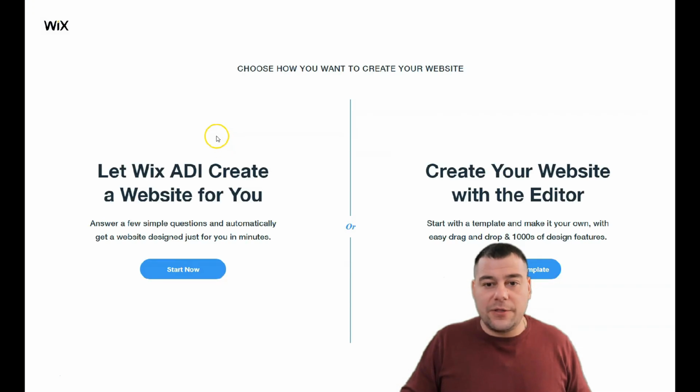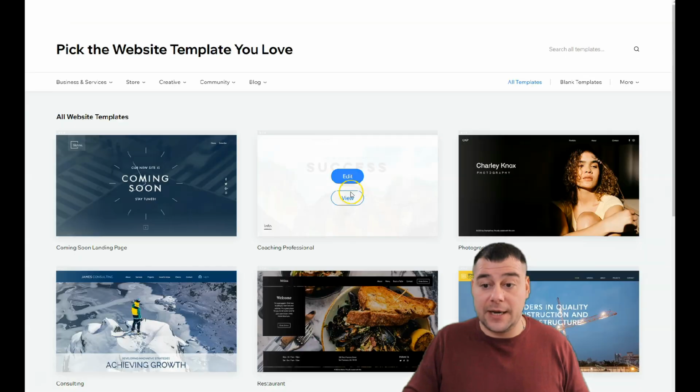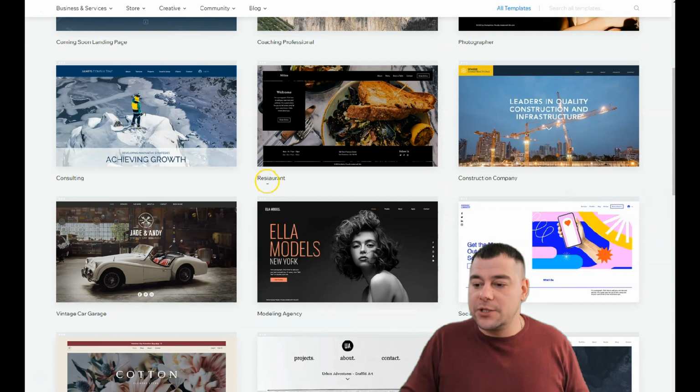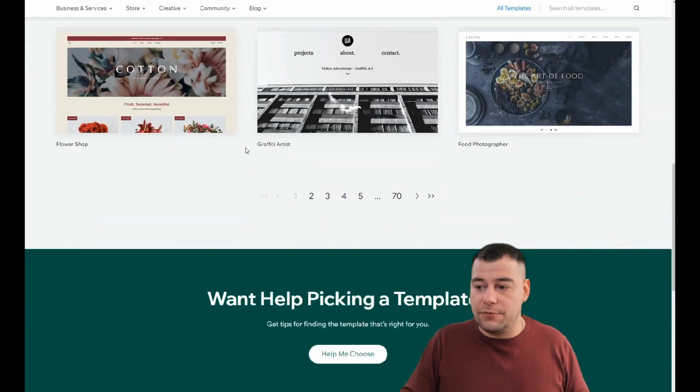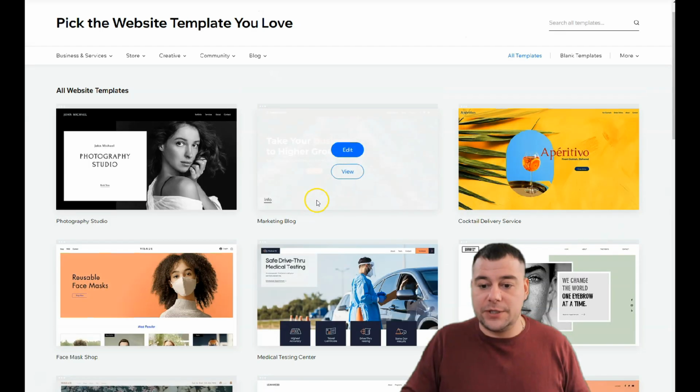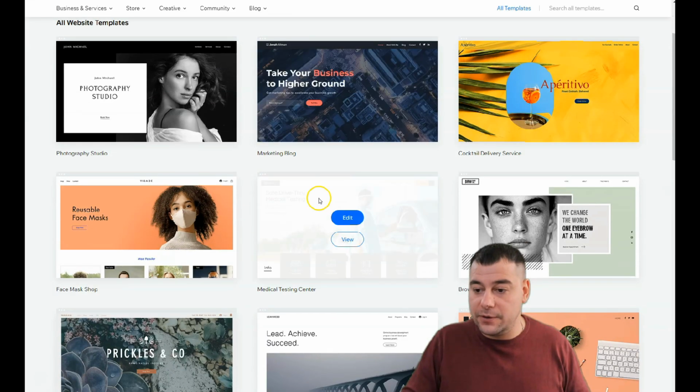Like all the things here, you need to be as specific as possible, because it will save you tons of time and effort to manage things. If you are building a website from a ready template, you can let Wix ADI create a website for you, answering a couple of simple questions, or you can create your website with an editor and choose a template, and that's what we're gonna do. There are tons of ready templates for any type of business